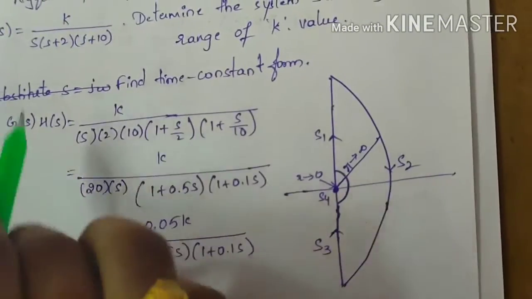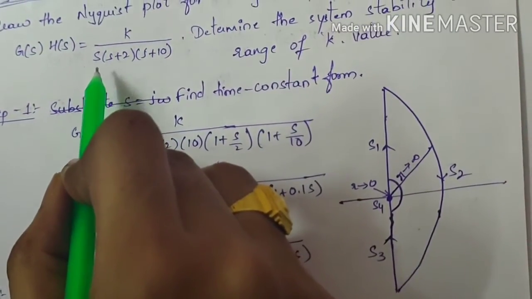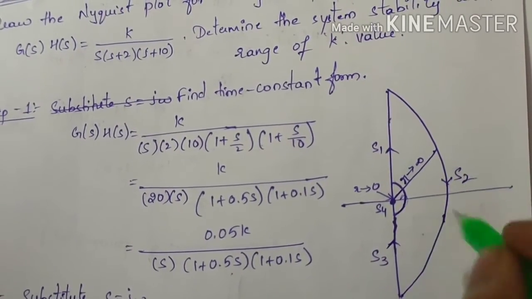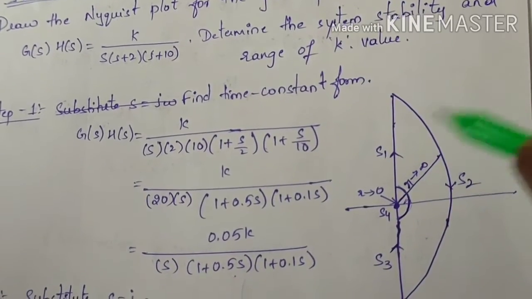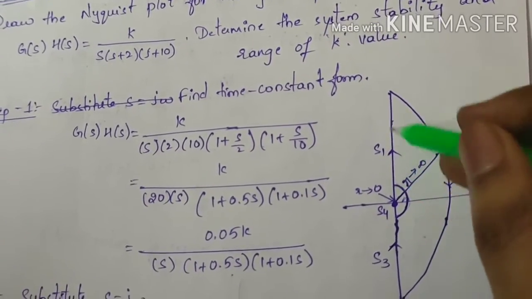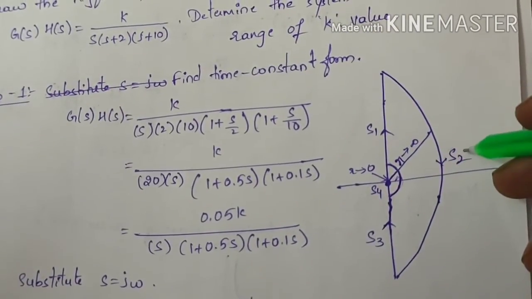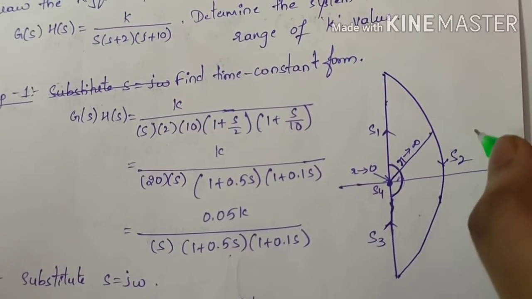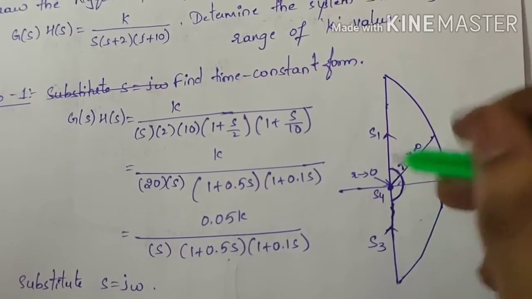So accordingly, step 1, first observe the number of poles at origin. If there are any poles at origin, we have to consider the small circle S4 also, right? I already told, whenever we have poles at origin, we have to consider S4 also. In the previous case there were no poles at origin, so I did not consider S4. We considered only S1, S2, S3. Now here I have to consider S4 also, where S1 is nothing but the basic polar plot, S3 is nothing but the mirror image of the polar plot, and S2 is nothing but limit r tends to infinity of r into e to the power of j theta, where r represents magnitude and theta represents phase angle, and theta is varying from plus 90 to minus 90.